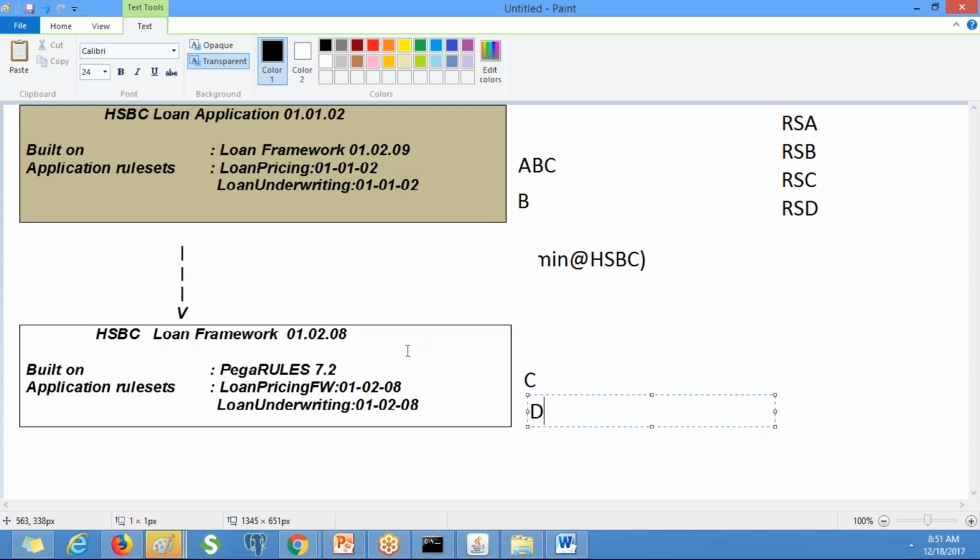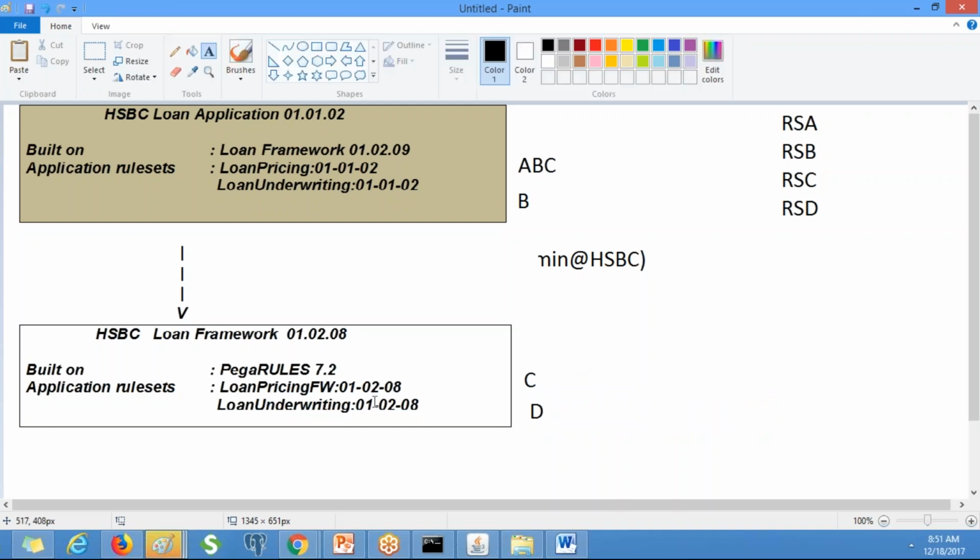Can reference which rules? Loan pricing framework. Not pricing, underwriting. Whatever rules we have under loan pricing framework as well as loan underwriting also, because it is there. But see, this loan pricing framework rule cannot reference the rules which are there in the HSBC loan application.